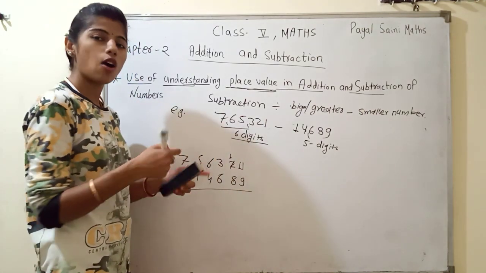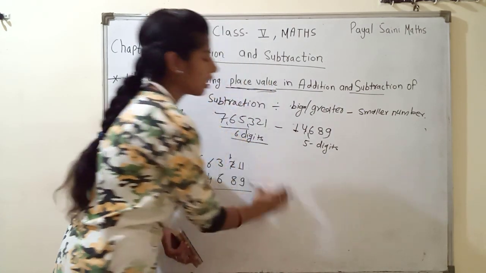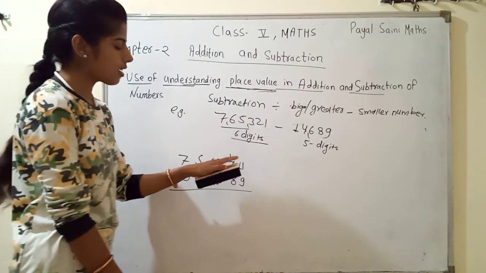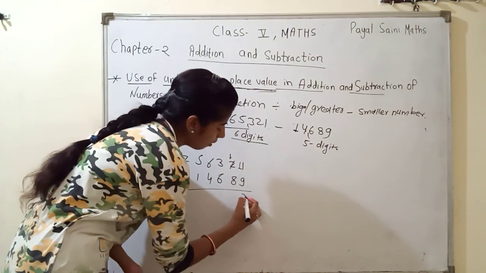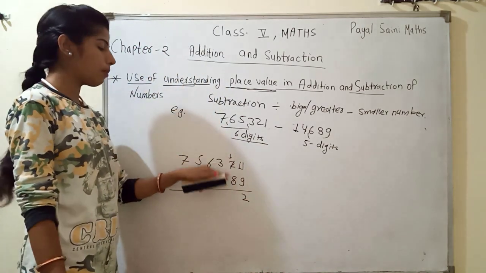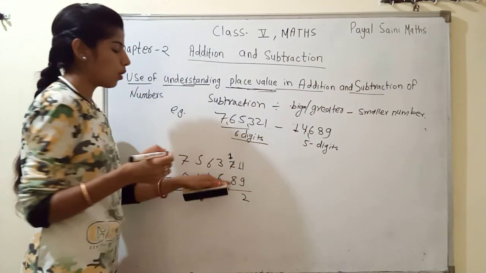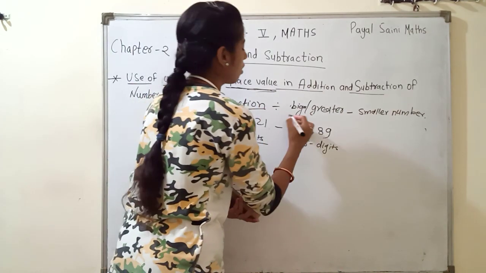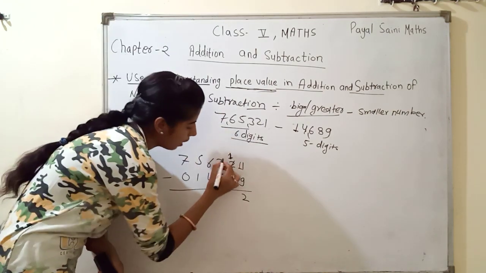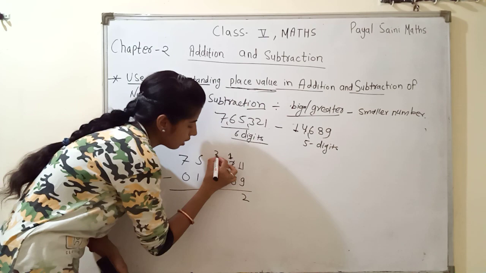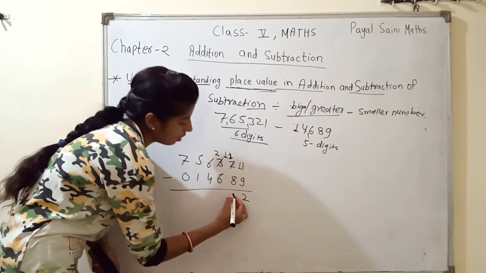In your small classes how we learn: first we make 11 lines here, after that we cut 9 lines, but now your standard is 5th class, and we do 11 minus 9 directly, and what is left here is 2. Now here 1 is left, 1 minus 8 is not possible. Why? Because here is only 1. 1 is smaller than 8, and we know in our subtraction it is bigger minus smaller. What do we do? Borrow from the next number. When we borrow from 3, then here is left 2, and here it makes 11. 11 minus 8 is 3.